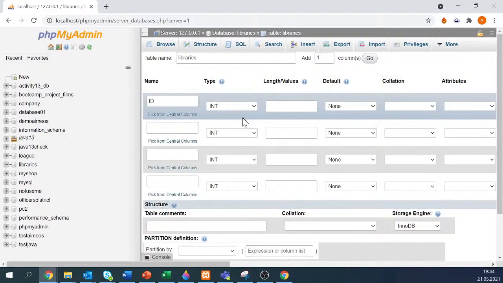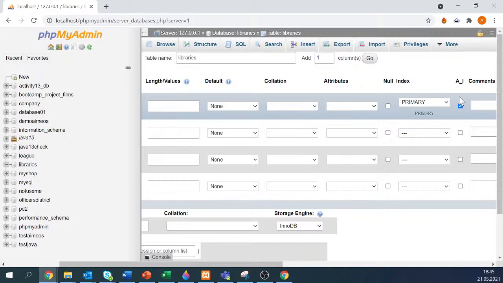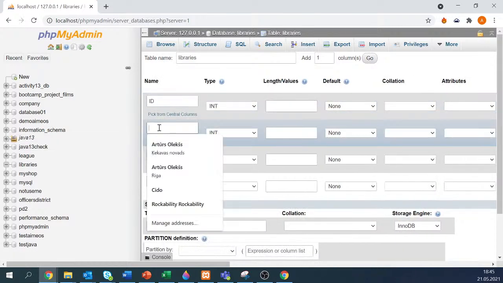So it means that when we enter the entry to the database table, we don't care about the ID, so we should not just calculate the ID by ourselves. It will be automatically calculated by the database. Then we have the name,